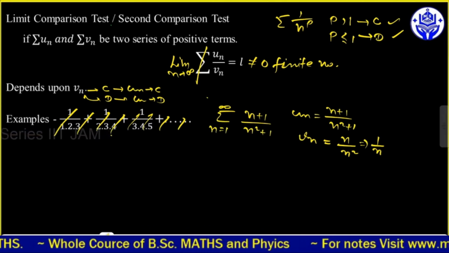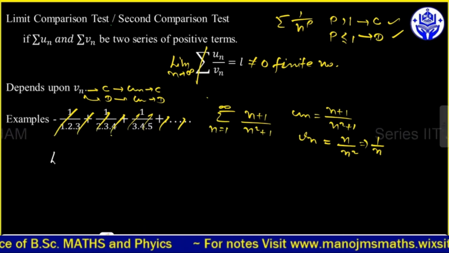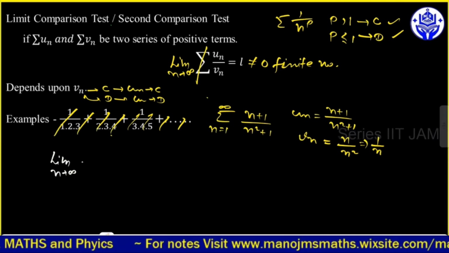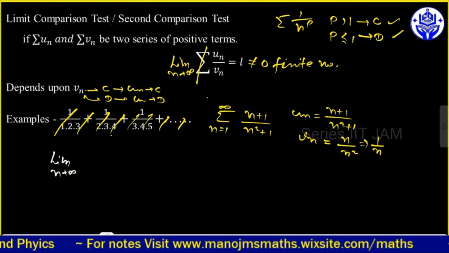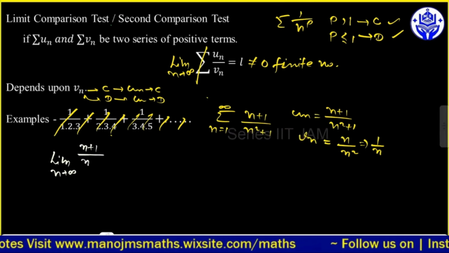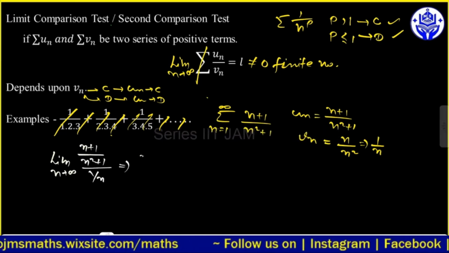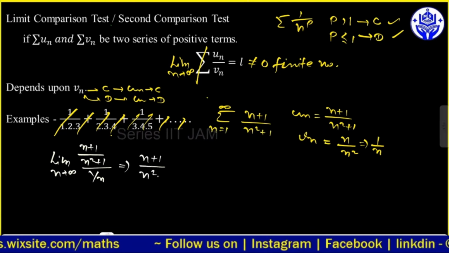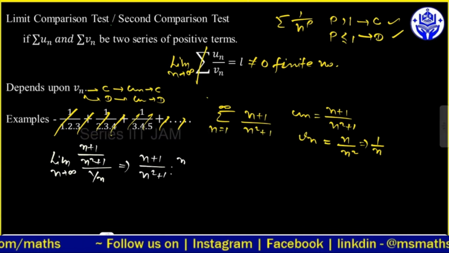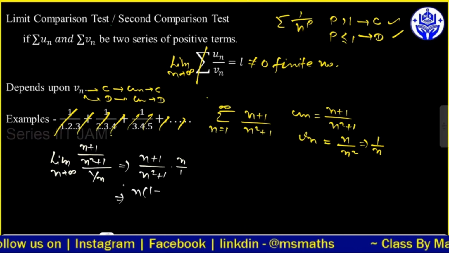हमको लिमिट एंड टेंस टू इनफाइनाइट के लिए इसको चेक करना है, तो उसके लिए हम थोड़ा सा इसको सिंप्लीफाई करेंगे। तो क्या लिखेंगे, फॉर लिमिट एंड टेंस टू इनफाइनाइट हम यहाँ पे un/vn करेंगे। सो un जो है हमारे पास में n+1/n²+1/n हो जाएगा। तो इसको ऐसे लिखेंगे n+1 अपॉन n²+1 इंटू n/1 हो जाएगा। और जब हम इसको सिंप्लीफाई करेंगे, n को कॉमन लेंगे,